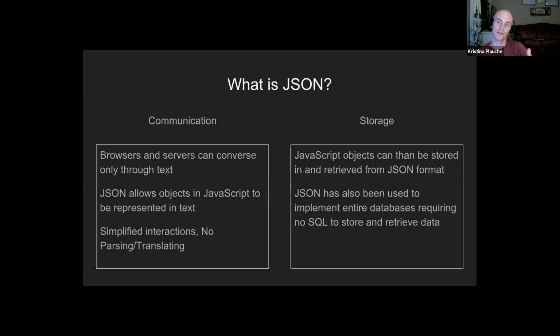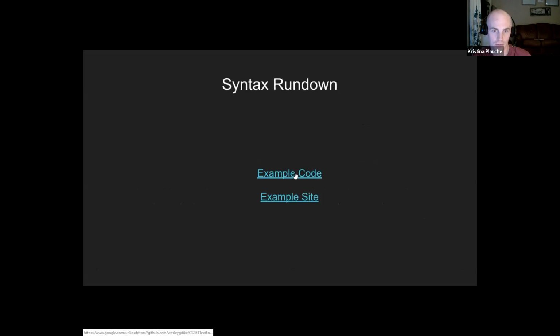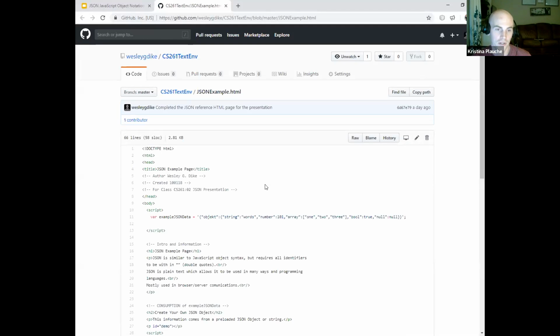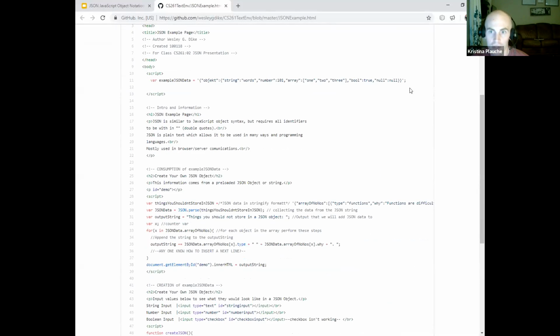And so a JSON object would just be that object represented in a text format. Here is some example code. This is what a JSON object looks like. The syntax is fairly similar to a JavaScript object, except when you're declaring a variable, it has to be within double quotes, whereas normally it wouldn't.